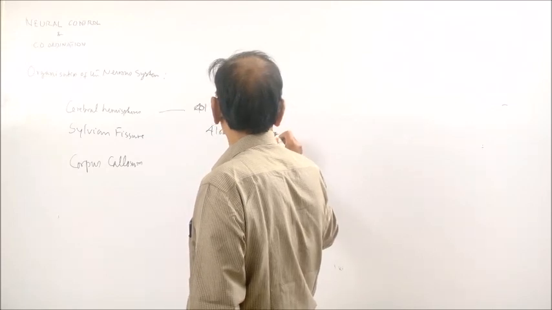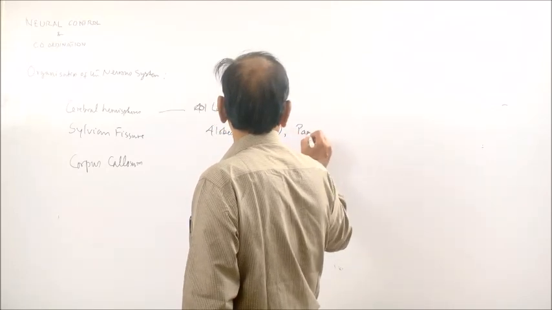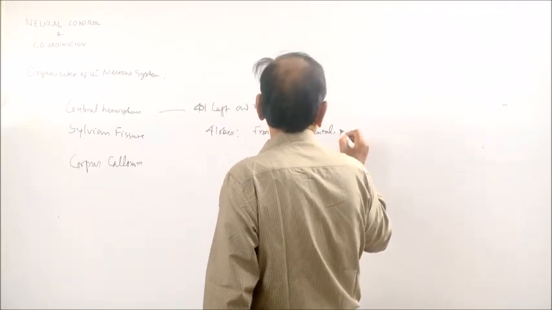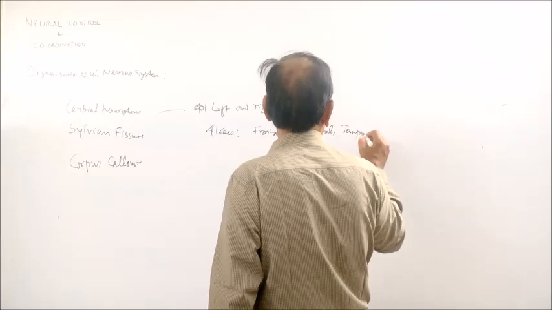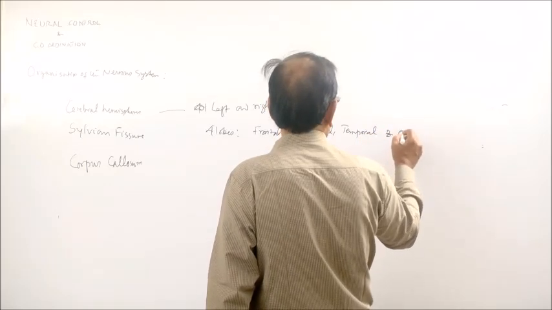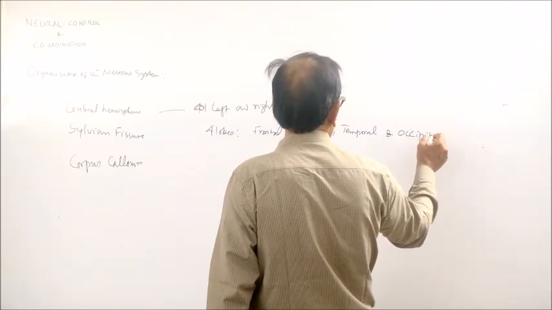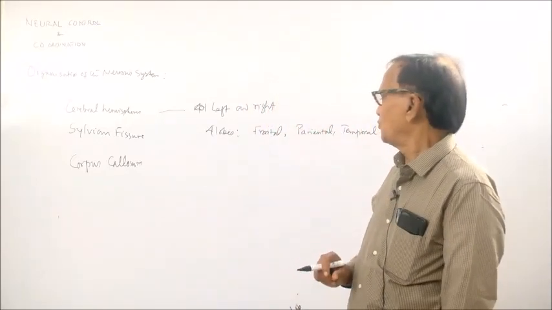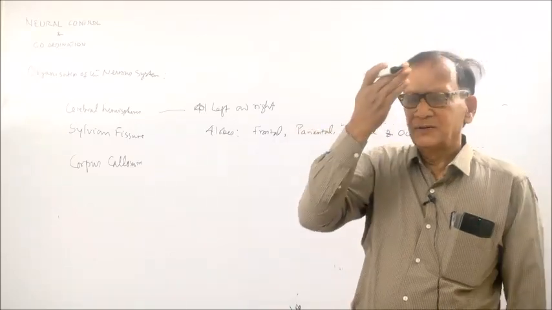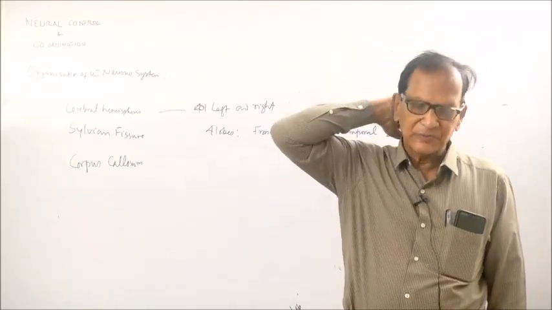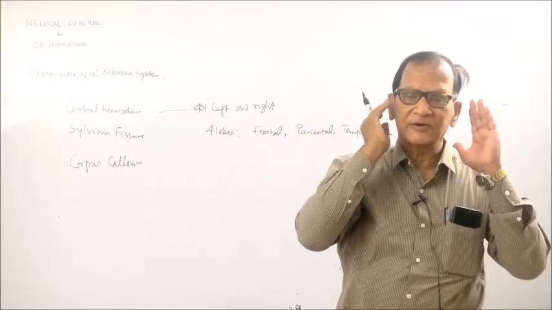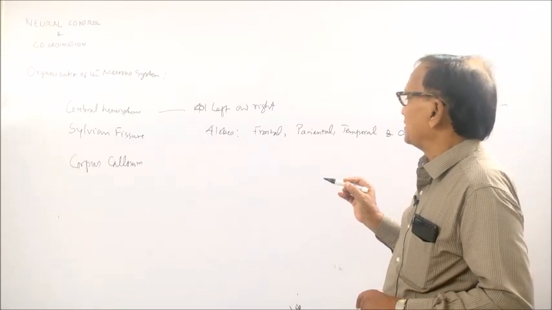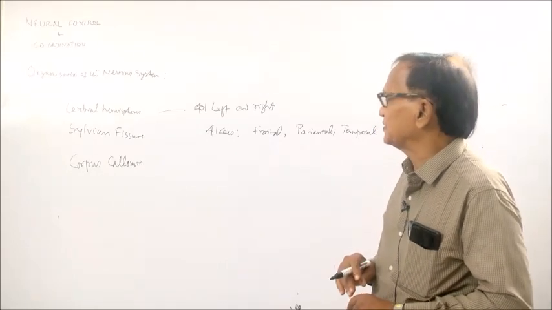Frontal, parietal, temporal, and occipital. So, each cerebral hemisphere consists of 4 lobes: frontal, parietal, occipital, and temporal. Temporal on the sides. And the cerebral hemispheres